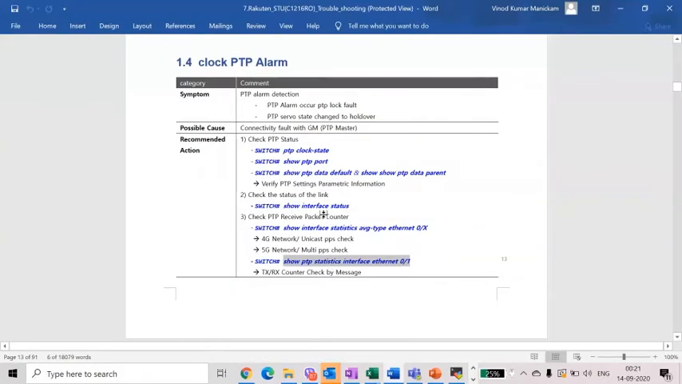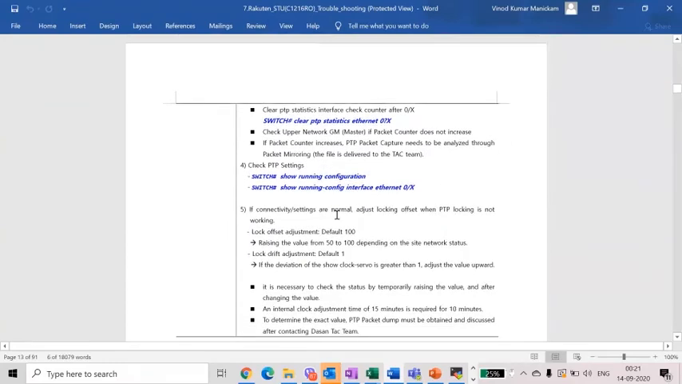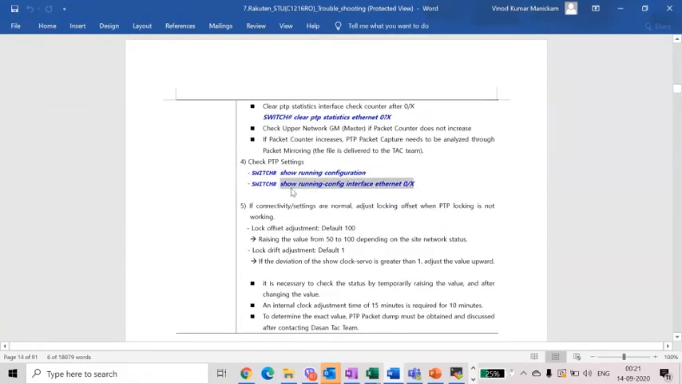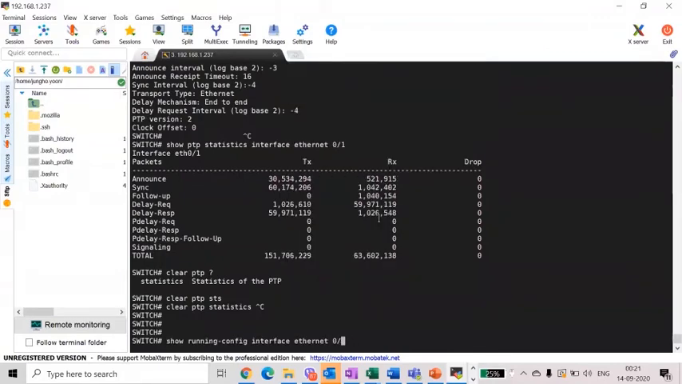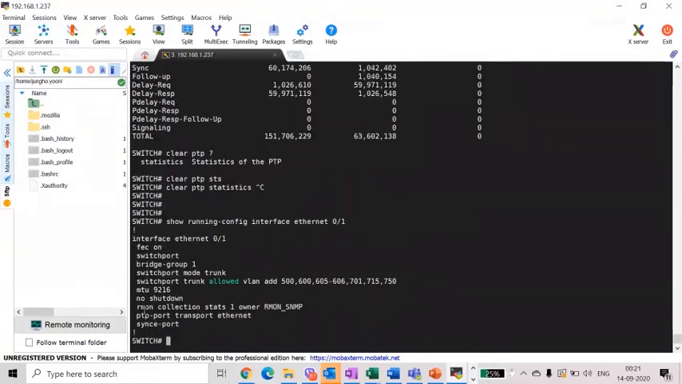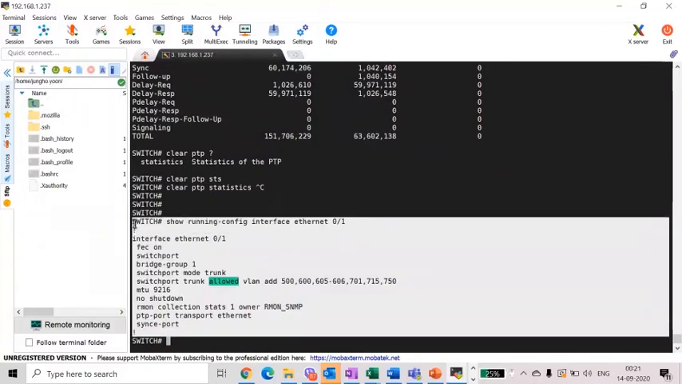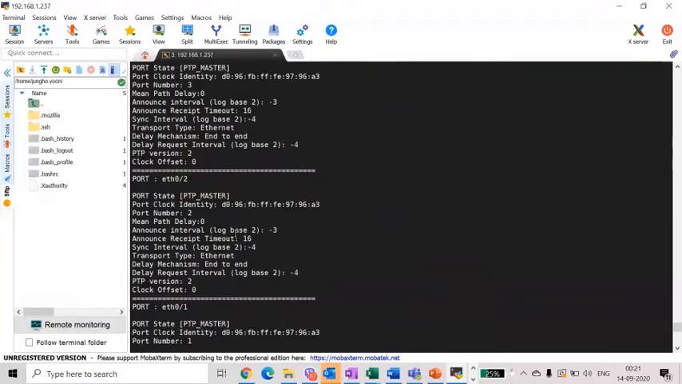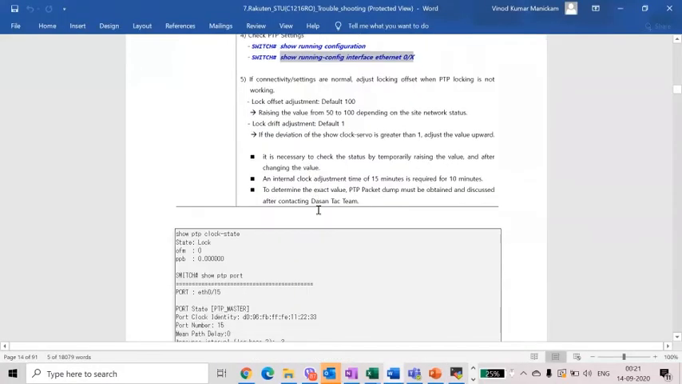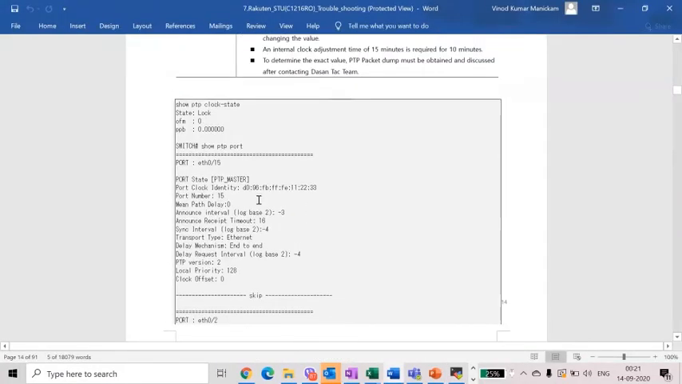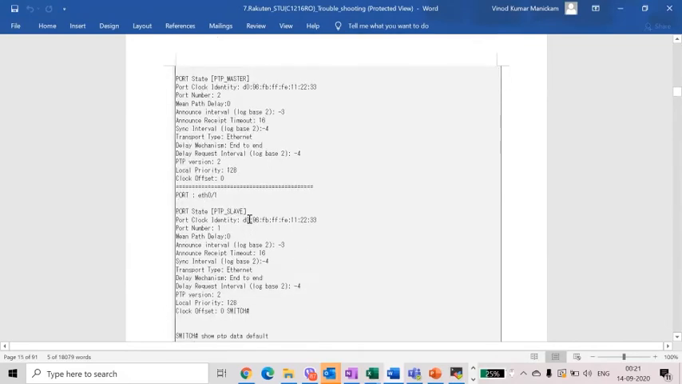And these are the commands. Let me go through. Show PTP port. As I said, you can check whether a particular port is in master state or slave state. When the particular port is in slave state, this is how it will be listed. This is the command for show PTP data,